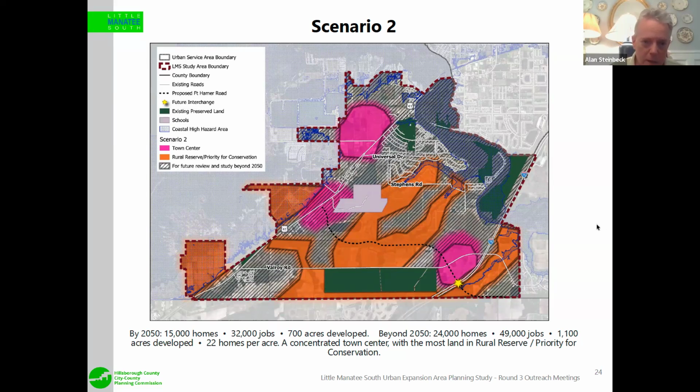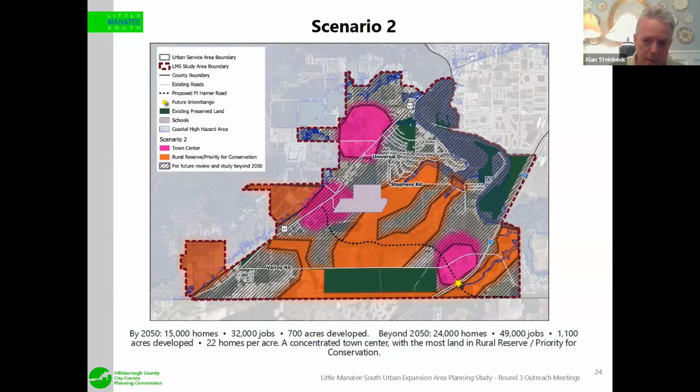kind of land use. You can see in this one, we've shown the rural reserve and priorities for conservation, which clustering the development within the town centers allows for a bigger footprint of emphasis on conservation, and a much longer view of any of that land in the interior between I-75 and 41 being developed. This one has the limited amount of land, only 700 acres of the 9,000 some acres in the study area would be developed in this case, demonstrating the efficiency of how this type of development can accommodate new people and